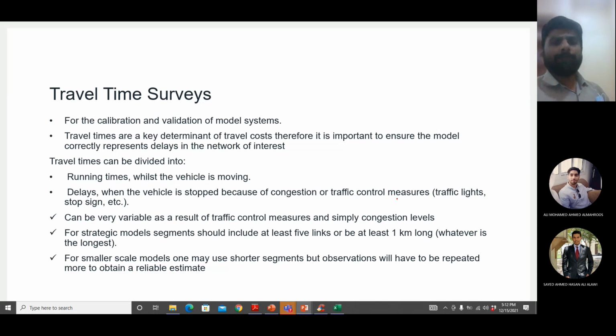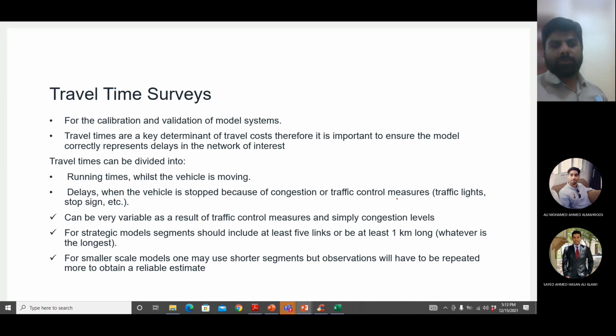For example, the number of trips from zone A to zone B is 10,000, and its travel time is very high, 2 hours, for example. We have another zone, and its number of trips from zone A is, let's say, 1,000, according to the model, according to the equation, and the travel time between them is 30 minutes. Doesn't make sense, right? 2 hours, more trips; 30 minutes, fewer trips. Doesn't make any sense. So you can go and check your data and you can calibrate it according to travel time.